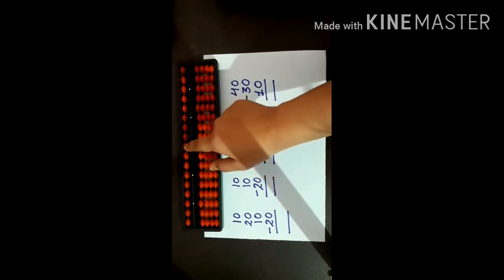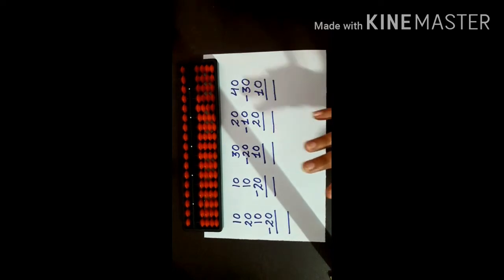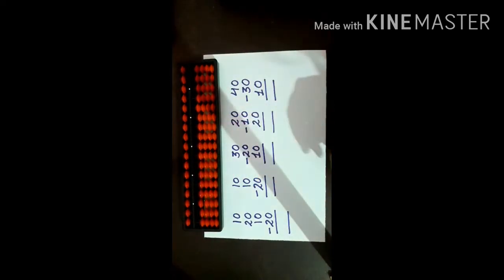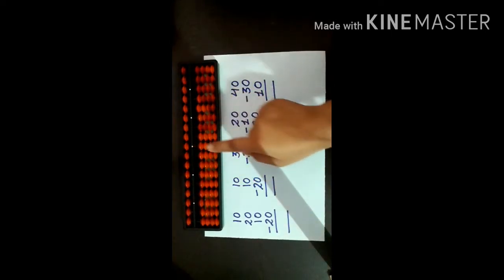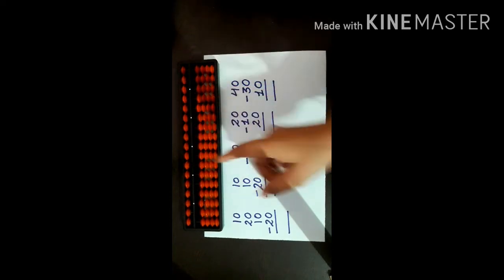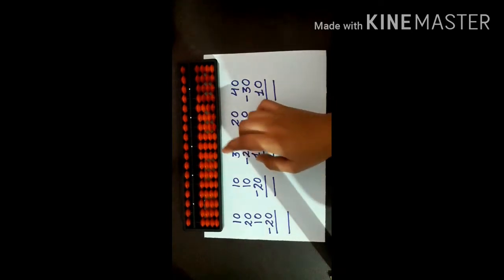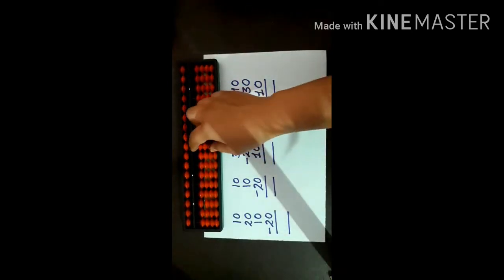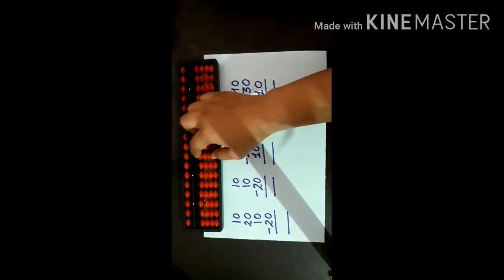As you can see, I am not taking the upper beads this time. In my other videos, we will do the calculations in upper beads also, but today we will only do the calculation in tens rod, lower beads, only these 4. In our last video, we have done the calculation in units rod lower beads. Now today we will do the calculation in tens rod lower beads.